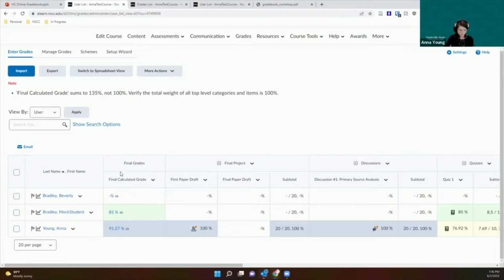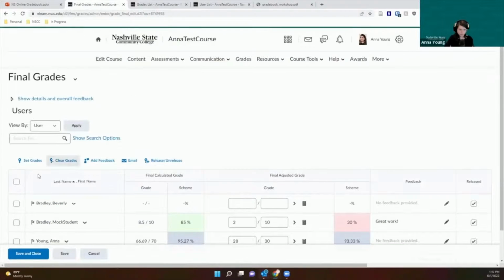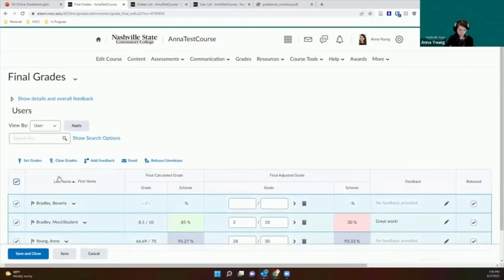So if you go to the final calculated grade column inside of Enter Grades, click the drop-down arrow, go to Enter Grades, select all students in the list, and then check Release/Unrelease. And that is going to release all grades to students in the gradebook, meaning that they will be able to